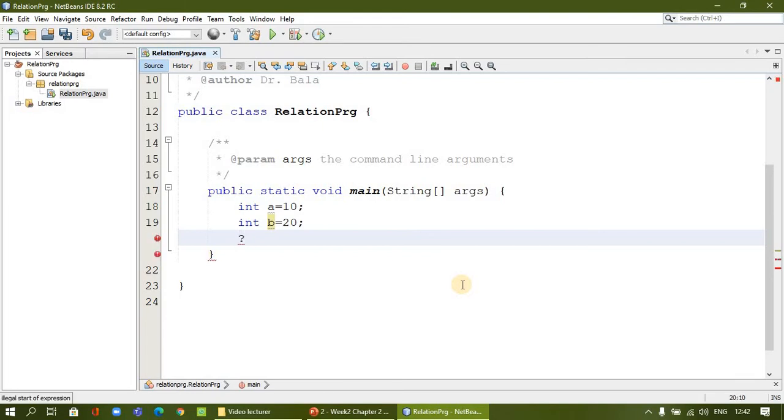So the conditional operator will come up with the condition. So A is less than 20. I'm just making A less than 20, which means the first value. So maybe A is greater, otherwise B is greater. Okay, so we are making it like this. If you want, we can also assign it to some variable. Maybe we can assign it to some string value, maybe message or something.